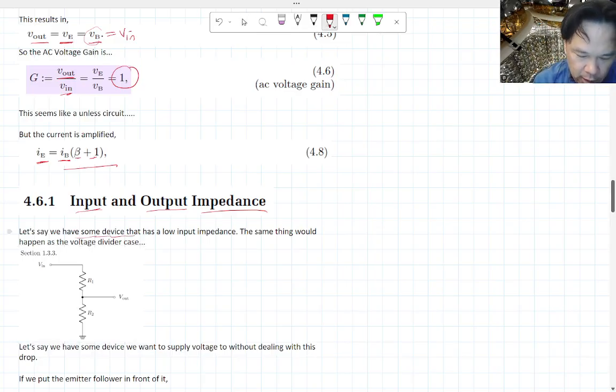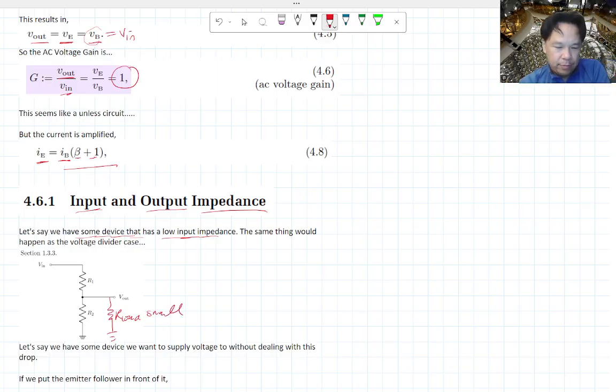So let's review what happens in DC. Let's say we have some device that has a low input impedance, meaning I'm going to connect this to some R load, and let's say R load is small, maybe like 10 ohm, 50 ohm, whatever it is. In that case, the voltage divider,